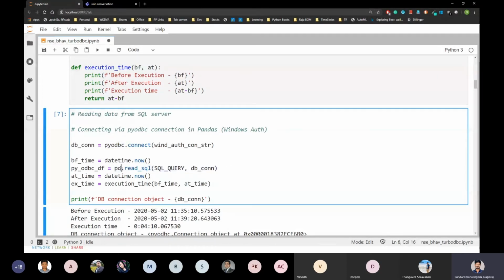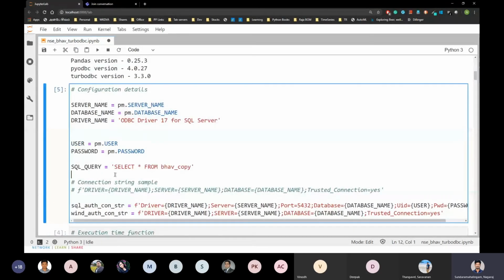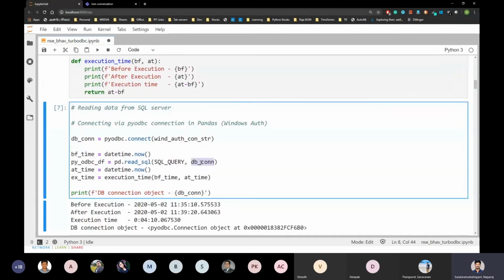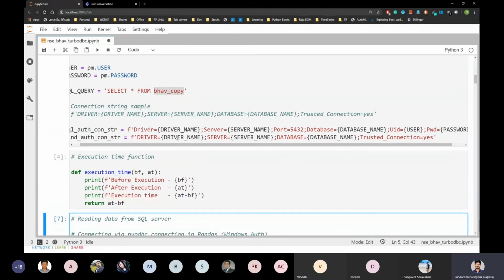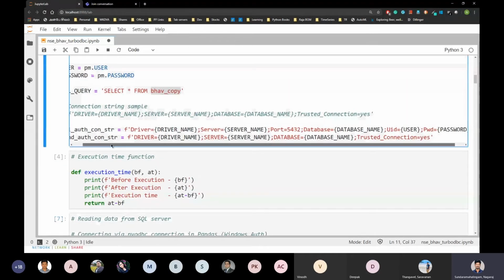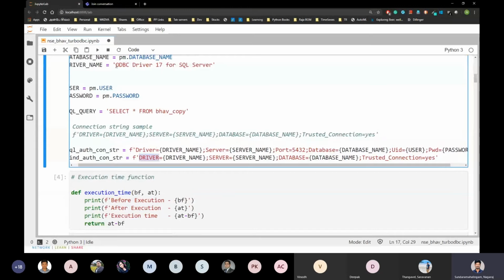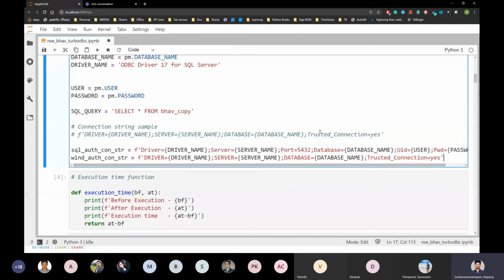Again, I'm using the Pandas method to read SQL. Here my SQL query is: select star from pop copy. I'm reading all the data from this table. And my connection is this one, the DB connection using the PyODBC method, and I'm using the connection string with Windows authentication: the ODBC driver, server name, database name, and trusted connection because it's Windows authentication.